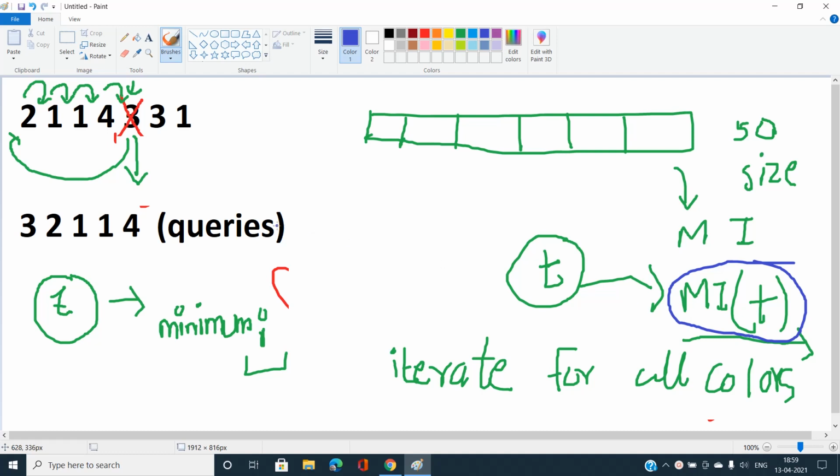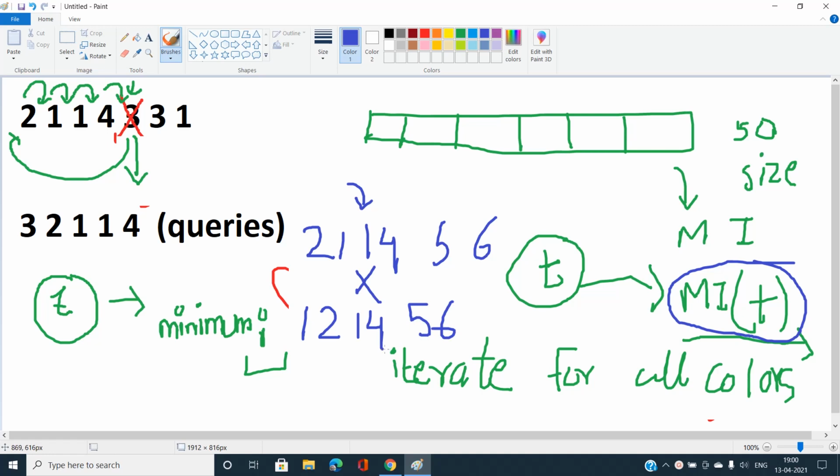As I've already said, suppose we have 2 1 1 4 5 6. If we are asked the query 1, and I eliminate this and put it at the top of the deck, it should become 1 2 1 4 5 6. You can see the minimum indexes of 4, 5, and 6 will not change.